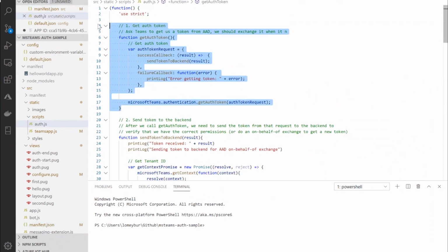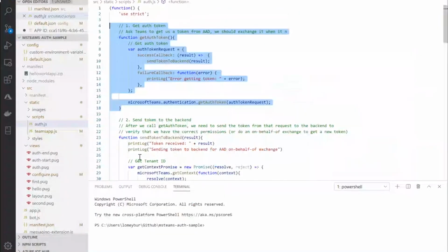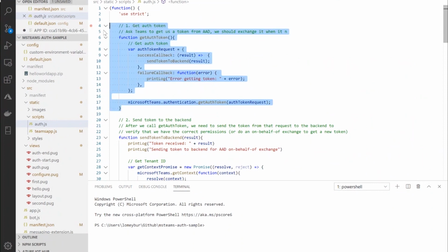So for that first little step to get that first token, all we had to do was call one single line, and that's microsoftTeams.authentication.getAuthToken. And this handles that entire experience of getting that first token. And this should be enough for most people. For most people who are developing apps who just want to sign in a user, this is all you're going to need. Now, because in the sample, I want to get additional permissions, you can see the rest of the application is